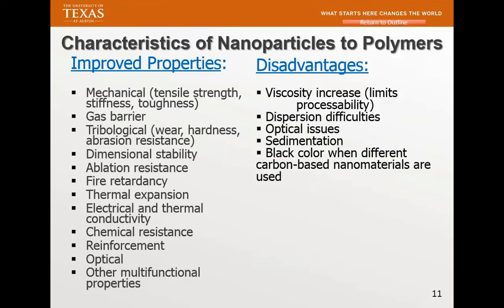Next, you could improve what you call gas barrier. Clay is very good at that. And you come down the list: tribological, dimensional stability. Another area I work a lot on is ablation, and flame retardancy. All these are improved properties. When you work with macro composite, a lot of times you may put a fiber in there, and the majority of the time you will get better mechanical properties. But nanocomposite is different. You may be able to see one or two of these if you choose the right nanomaterials.